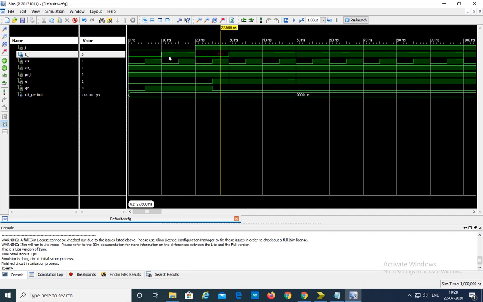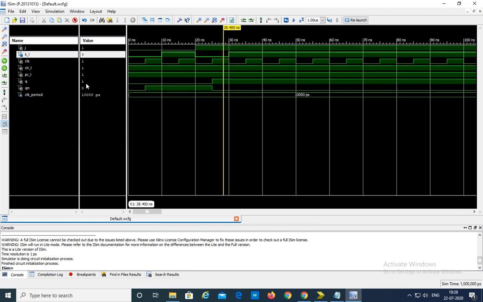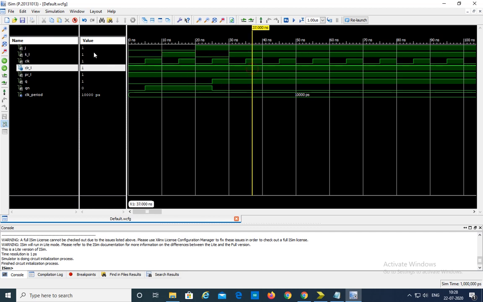Next, after 10 nanoseconds, we have changed from 1 0. 1 0 means it is actually the 1 1 combination of JK. So 1 1 means previous state complemented. So here it is 0 1. Next it is 1 0. It is complemented. Next we have changed it from 1 0. So 1 1 means it is 1 0. For the 1 0 combination, output q is equal to 1 here. Output is 0. So all this happens only when preset and clear are inactive.